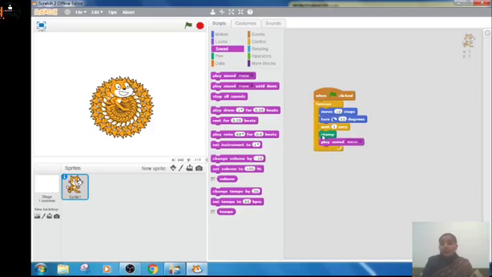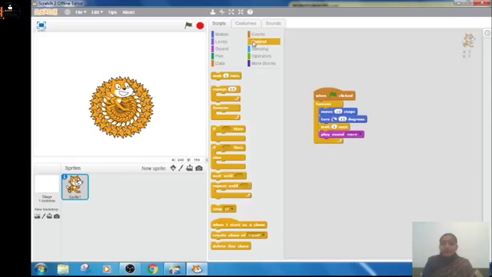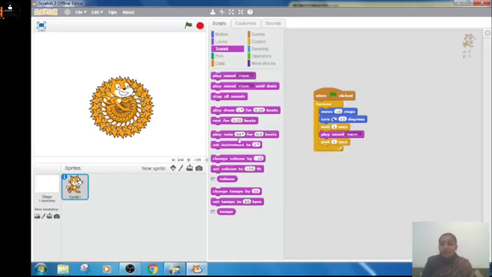Now if we do not want our sprite to make the stamp, okay, then we will place that block back. Okay, play sound, then in the control group I will again use this wait 1 second, it will wait for 1 second, then again sound, and here are different sounds. Okay, play drum